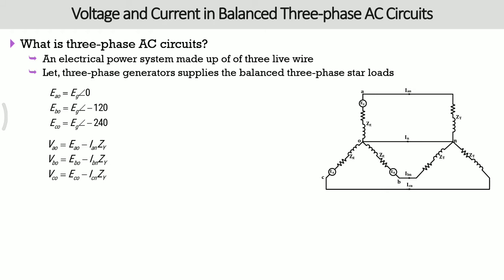And don't forget about the star-delta configuration. If you have a star configuration, then your line voltages and phase voltages are different. But if you have a delta configuration, then you have the same line and phase voltage, but the currents are different in that condition. So here we take the star configuration with the neutral point.